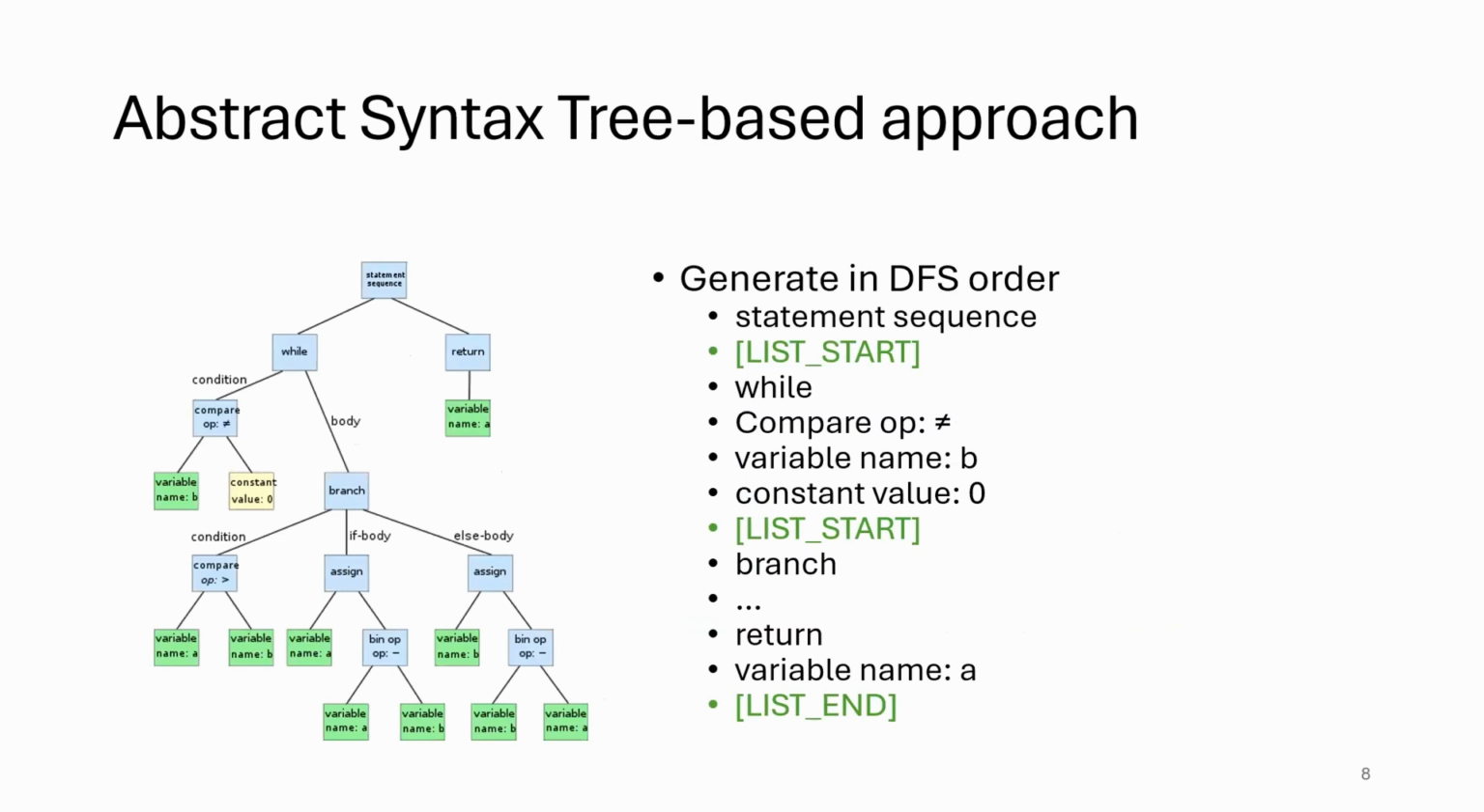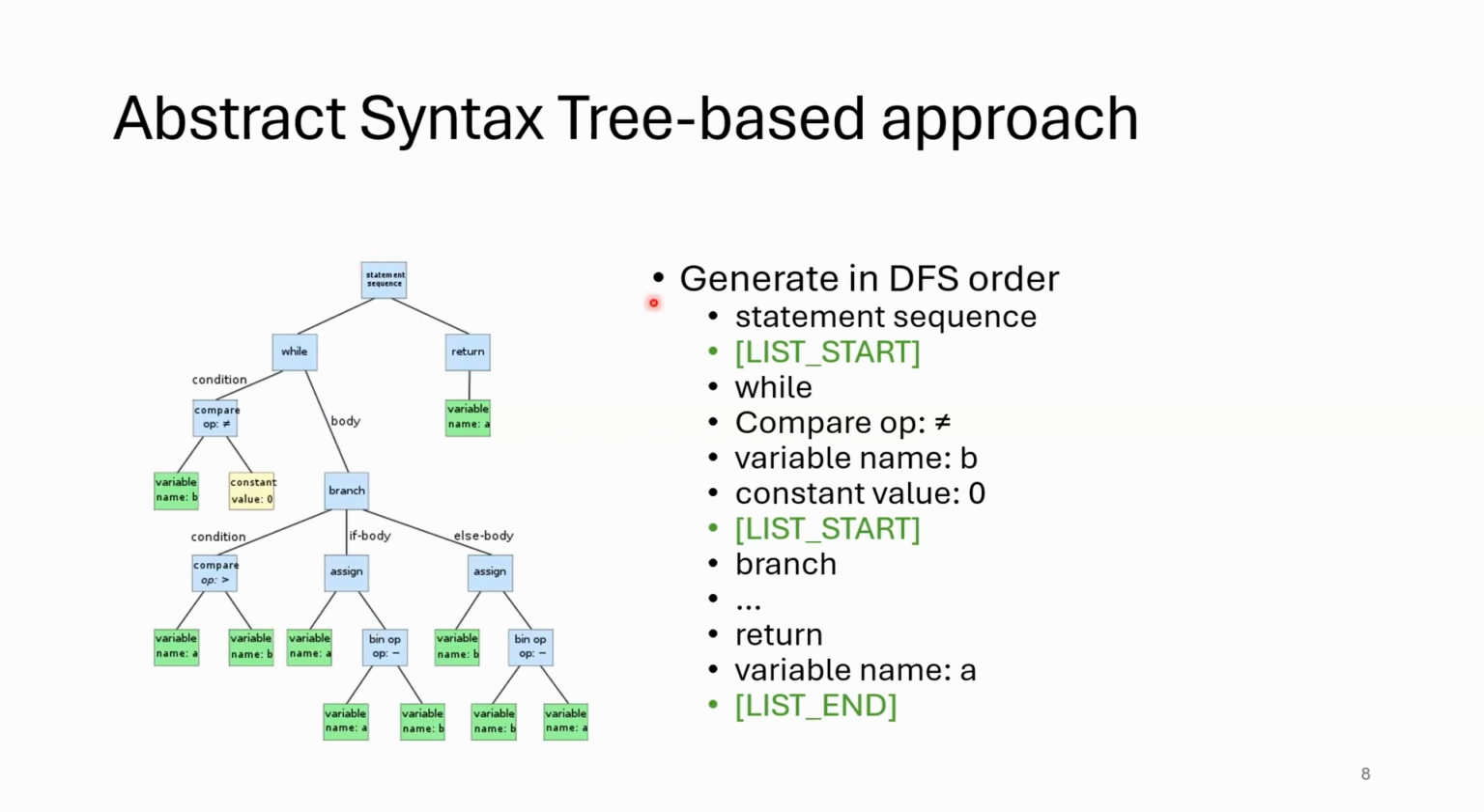In the abstract syntax tree, each edge represents a dependency in the code. For example, this while node has a condition which is represented by this compare node and a body represented by this branch node. And because of this structure, we can easily reconstruct the code from the depth first search order if we add some tokens for listing. If you take the abstract syntax tree from the left,